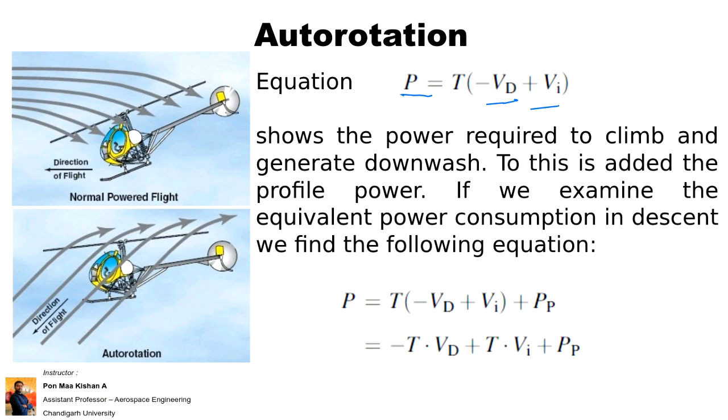So of course here the profile power is making an impact, since there is a forward rotor and a backward rotor. The forward rotor will get good air intake, but due to this fuselage shape, the later side of the rotor will take less air intake. Okay. So the profile power is also increased, and it is included in the total power of